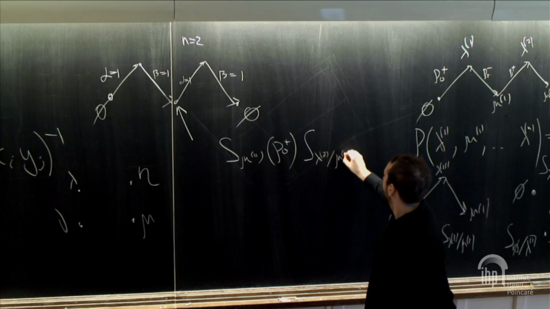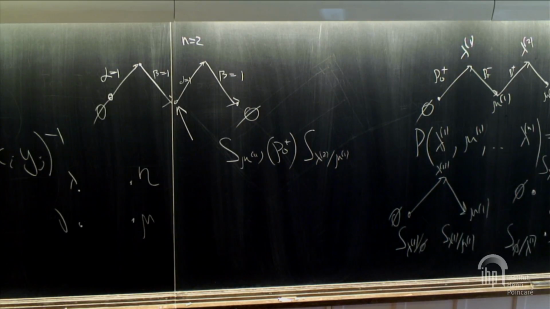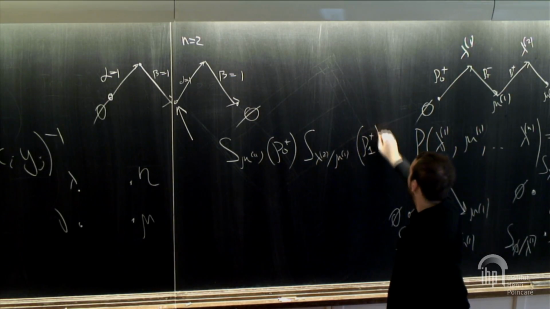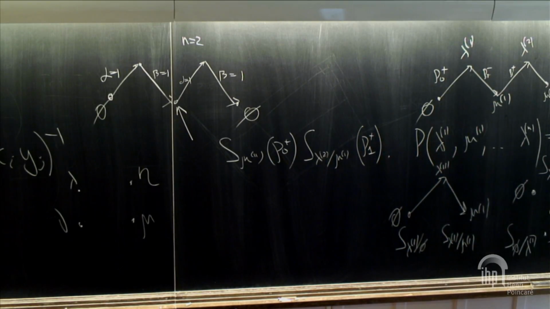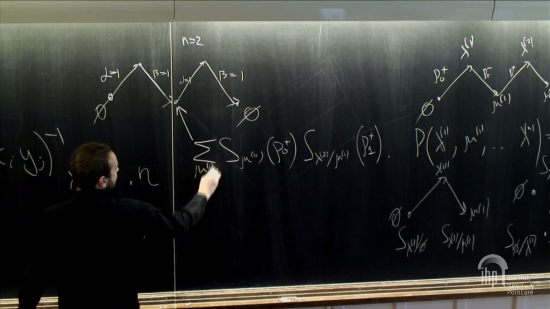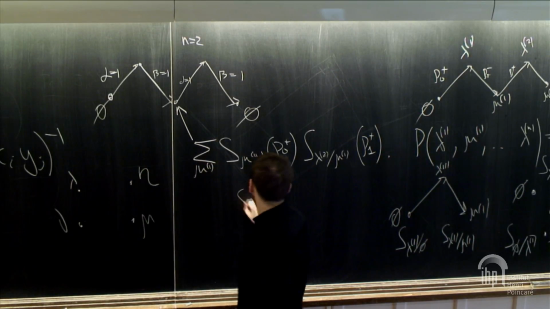Lambda 2 over mu1. And that's a specialization rho 1 plus. Now here we need to sum over all mu1s. And you recognize that that's precisely the identity which is written on the left. And then when you apply it, you see that the sum over all mu1s will be equal to S lambda 2